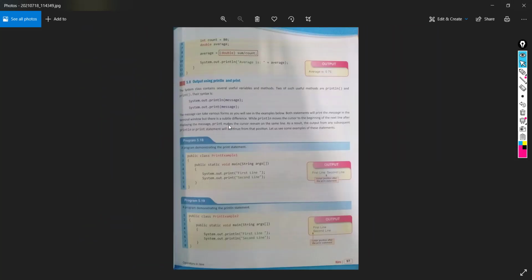Okay, this is the last topic: the difference between the println function and print. Here we have two print functions. One is println and one is print. Okay, so students,